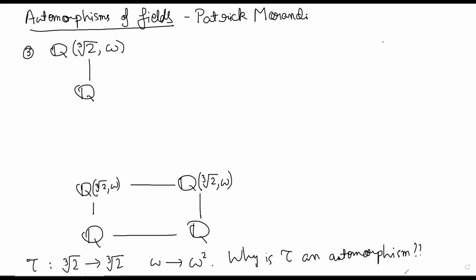Tau of AB is equal to tau A times tau B and so on. Now of course, tau can be defined on an arbitrary element of the extension using these two things. That is fine, but